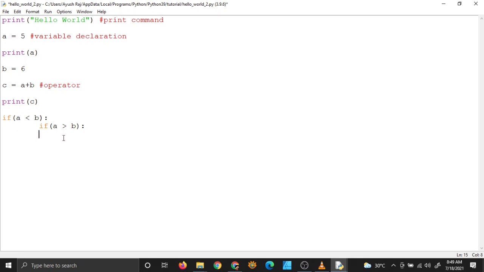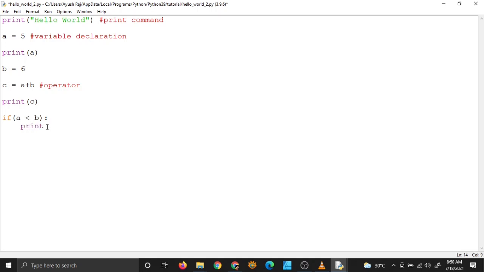And two tab spaces, three tab spaces actually from there, will mean that I am in the block of this if statement. So it can be a little confusing. So let's not do that kind of thing. So yeah, I am inside the block of this if statement.